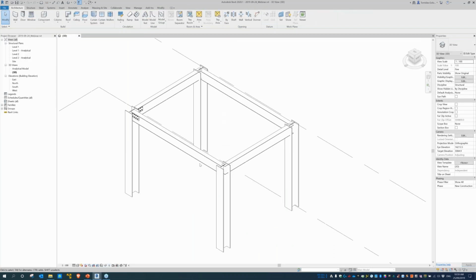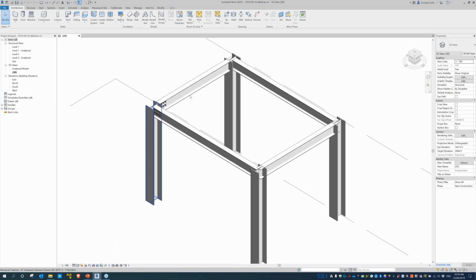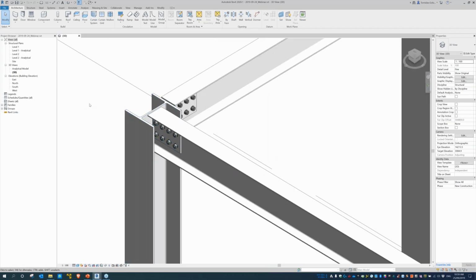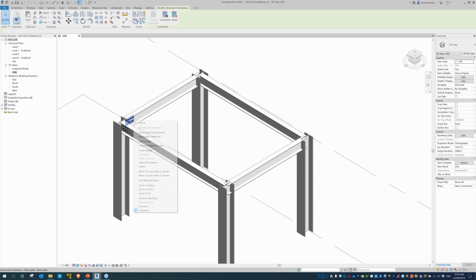And now the steel propagations. So I've just got some standard beams and members here. I've got 4 columns and 4 beams, and you can see over here in the corner, I've already got 2 types of connections in here. So if I pick one of them and then right click on it and say propagate the connection,